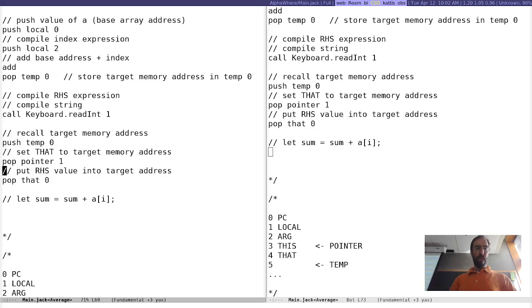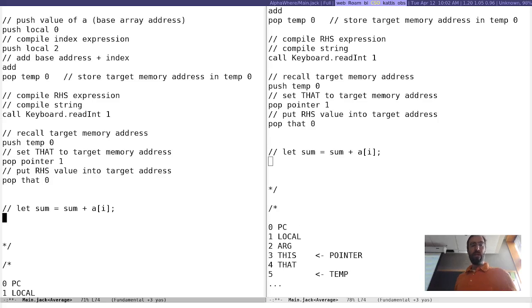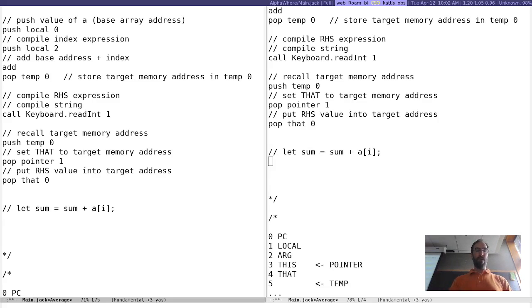Okay. All right, let's think about this expression now. This one is actually a little bit easier, but it's going to use some similar principles, because the way that we figure out where this value is to look it up is very similar. So, we're going to start by compiling the expression on the right-hand side. So we're first going to say,